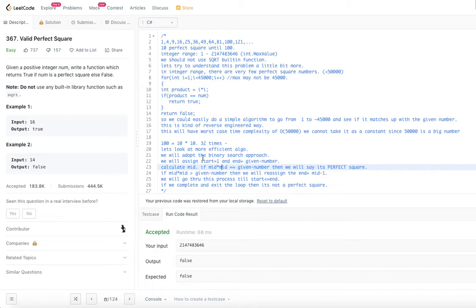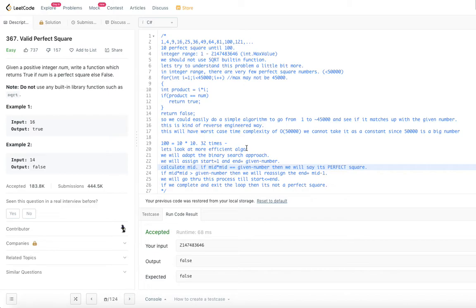But it's not always possible with one single decomposition, right? So if mid into mid is greater than the given number, then we will reassign the end to mid minus 1. Otherwise we will reassign the start to mid plus 1. We go through this process of assigning mid minus 1 to end, or mid plus 1 to start, and we do all those operations until start is less than or equal to end.